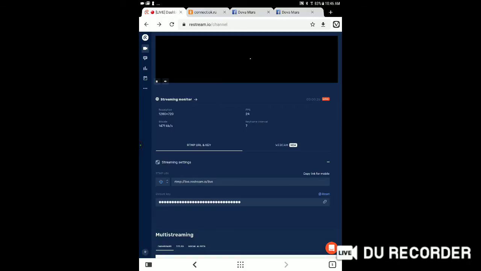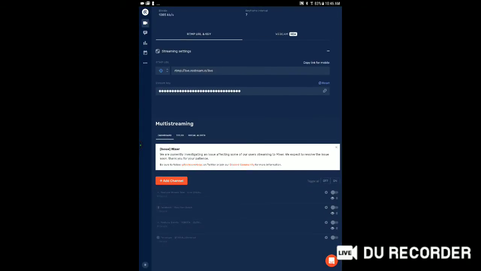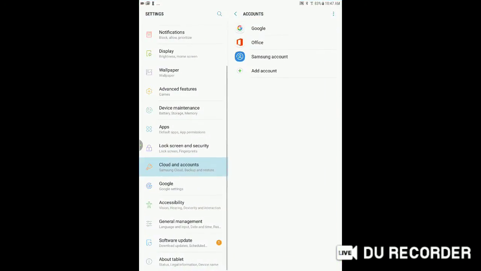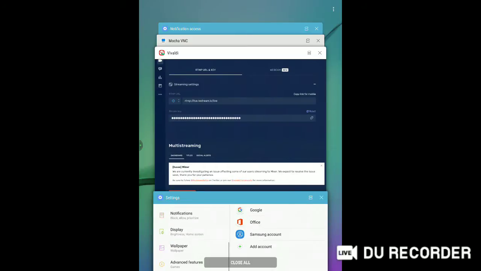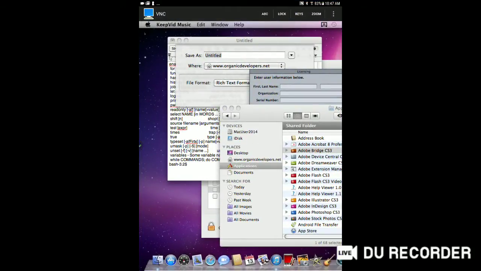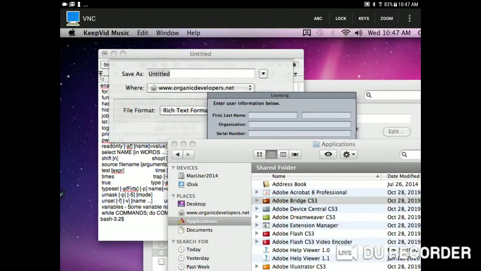Okay, so we are testing out a new tablet, a new Samsung TM713S2, and what we are doing is we are streaming an iMac via Android. This app is called VNC. And if you can see,